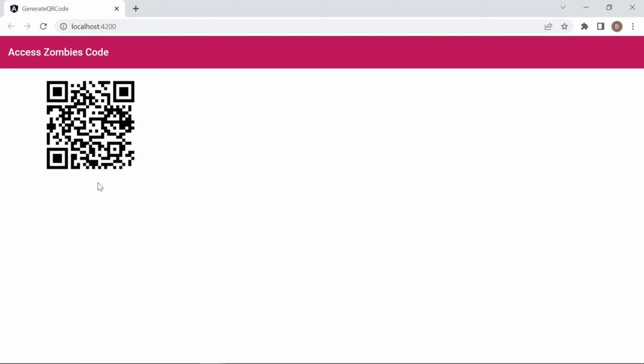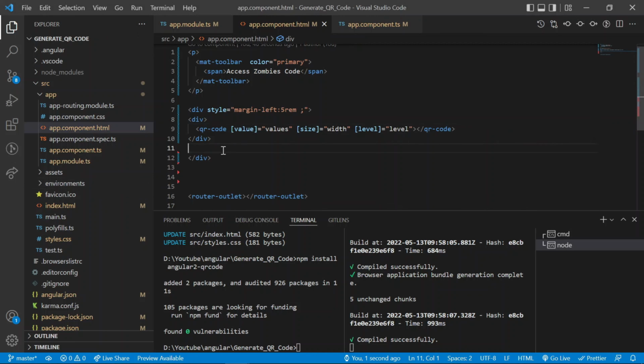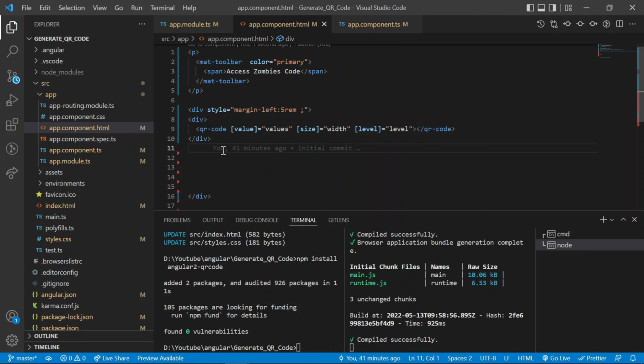For our better understanding, let's define the value of the QR code. So here I am going to declare the label.